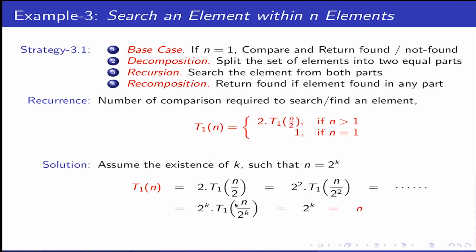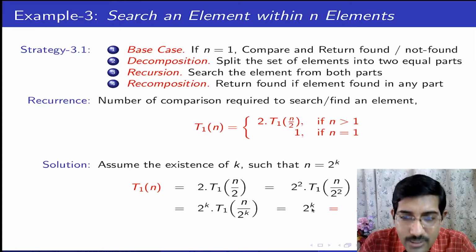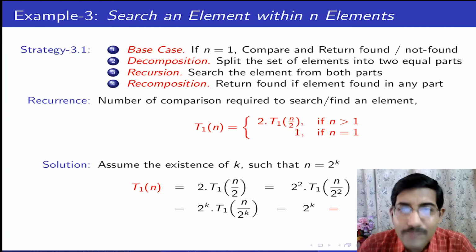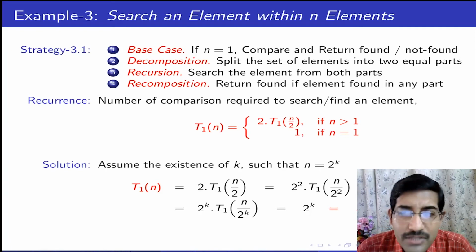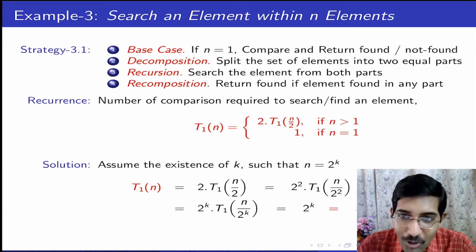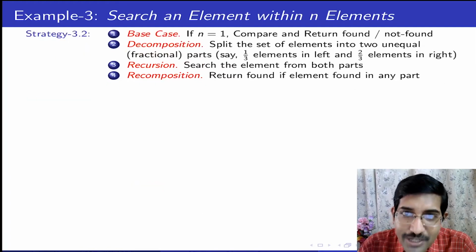It is 2 square t n by 2 square, similarly up to 2 to the power k, t n by 2 to the power k, and I assume big N equal to 2 to the power k. So this term goes as 1, t1 is 1, so it's n. So you can see that here middle splitting and recursive thinking of the same problem does not give you any benefit than you linearly scan. If you change the split, it's just your linear scan.